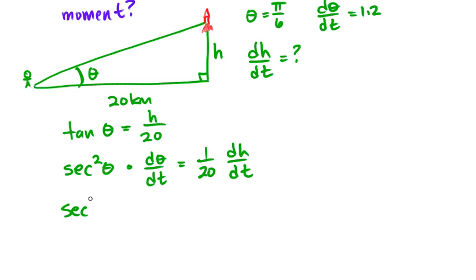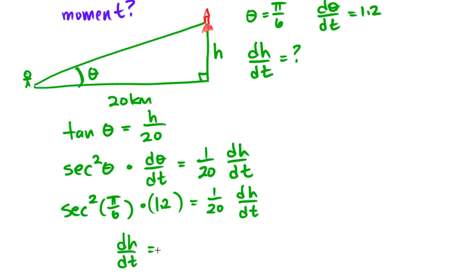So I'm calculating secant squared of pi over 6 times 1.2 equals 1/20th dh/dt. Solving for dh/dt gives me 20 times 1.2 times whatever the secant of pi over 6 is squared, and calculating that